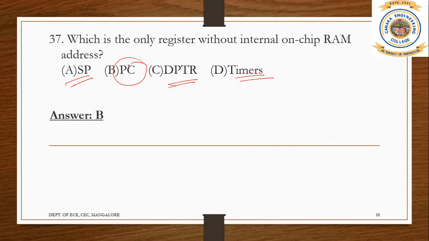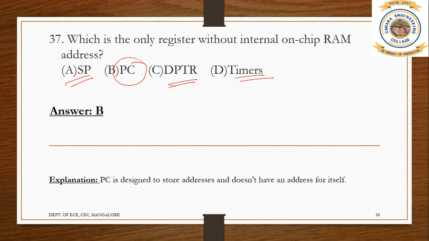What does program counter do? We have already discussed, right? Program counter holds the address of others and it itself doesn't have any address. That's interesting, right? Program counter is used to hold the address of the next instruction to be executed. And remember, it just holds the address of the other fellows. By itself, it doesn't have any address. Easy to remember that way.